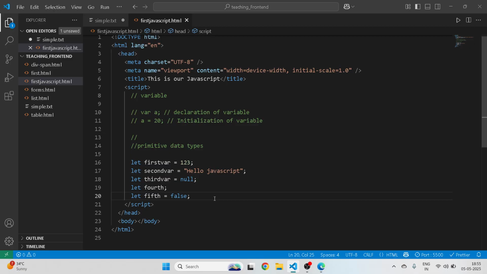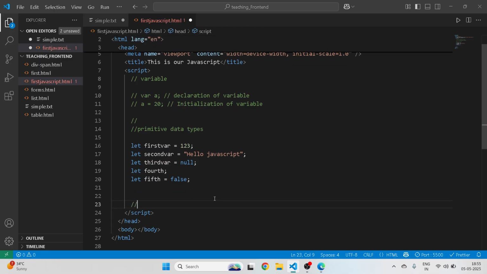And coming to our non-primitive data types, these are arrays and objects. So how to create arrays and objects? And one more thing, okay. In primitive data types, we can store only one value to a variable. But in the case of non-primitive data types, the reference data types,